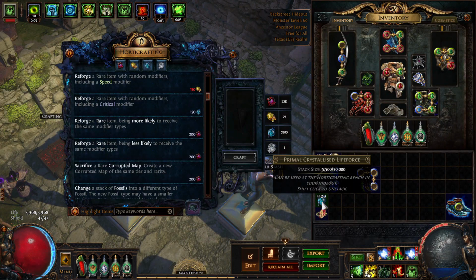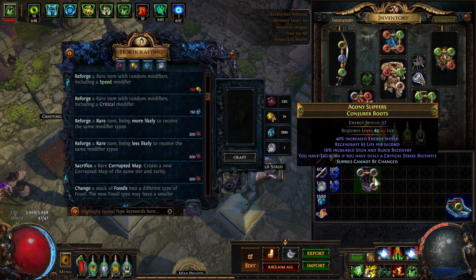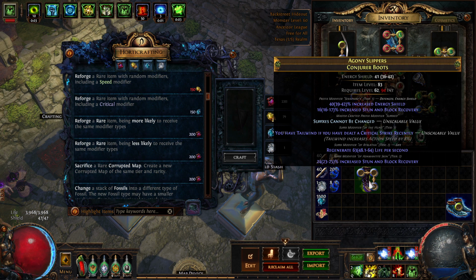Now, the problem with this is it costs 2 divine for the suffixes cannot be changed, and then it costs a divine for the silver life force, and then it costs about a divine for the amount of blue life force. However, I'm going to show you a trick. There's a trick to do here instead, and it all depends on the mod pool that you're going for. And so the trick here,